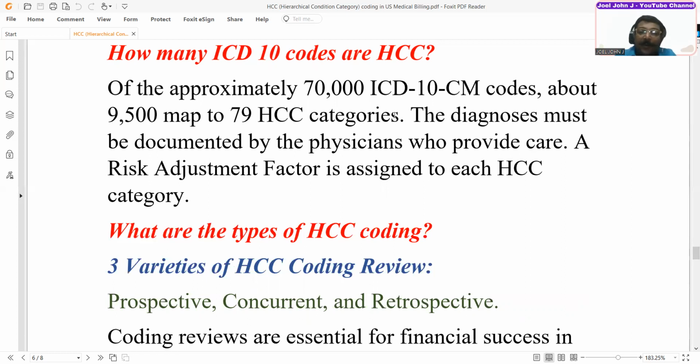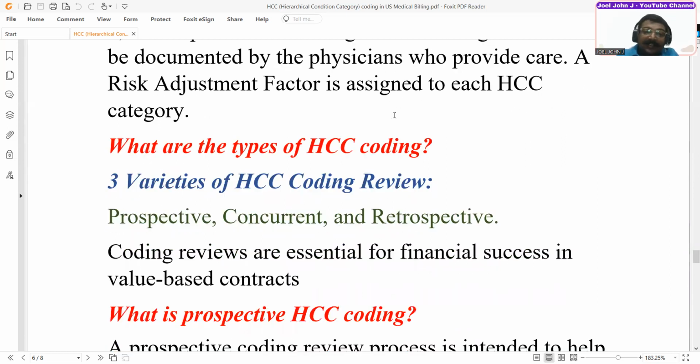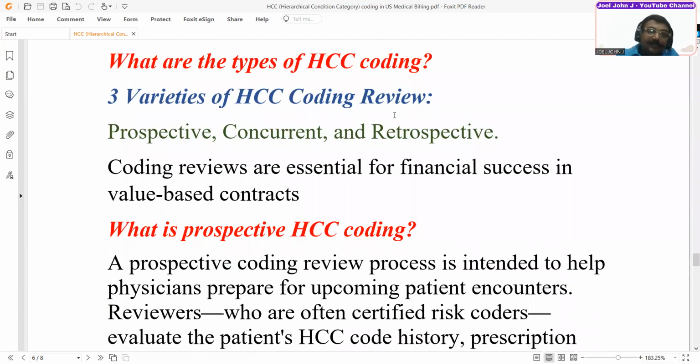So now again, of the approximately 70,000 ICD-10 CM codes, about 9,500 map to 79 HCC categories. The diagnosis must be documented by the physician who provides care. A risk adjustment factor is assigned to each HCC category. What are the types of HCC coding? 3 varieties of HCC coding review are prospective, concurrent, and